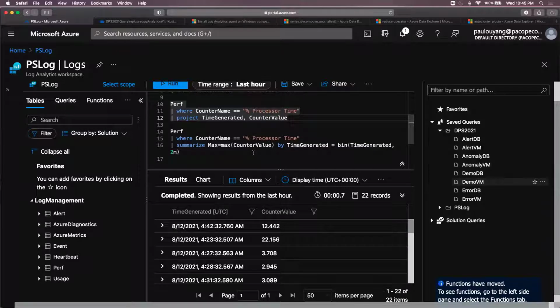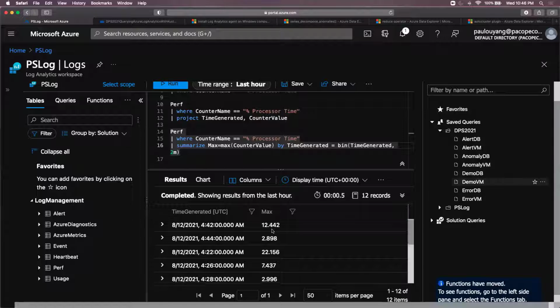So the next example here is to do an aggregate, similar to a group by in T-SQL. So we have the summarize operator here. So I'm getting the max counter value. But then I'm using a bin function here. A bin function is to create buckets of time interval. In this case, my buckets are 2 minutes. So every 2 minutes, it will get the max counter value. So if I run this query, now you can see that every 2 minutes, 442, 444, you will see the max value,